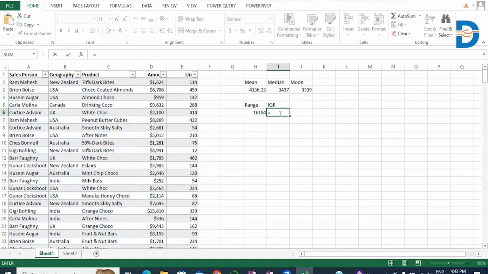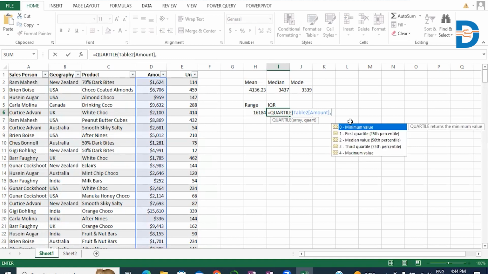With the help of the quartile function, pass the data as the amount column and give the quartile number. Third quartile means 3. Then complete the bracket,